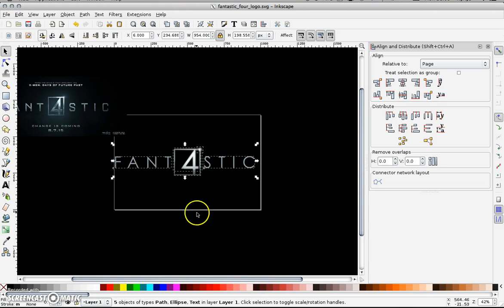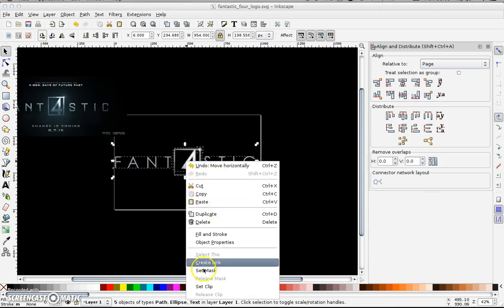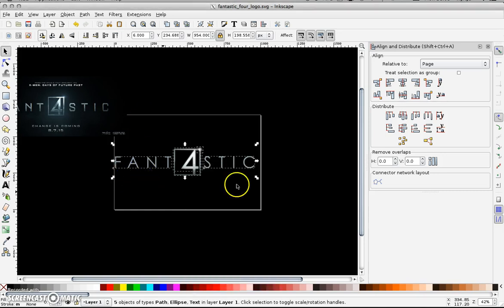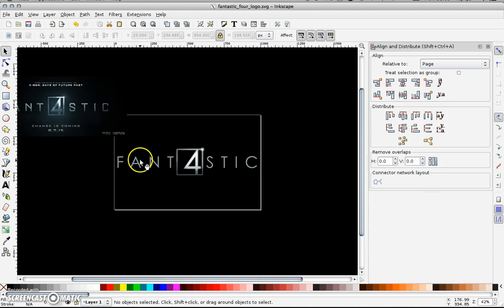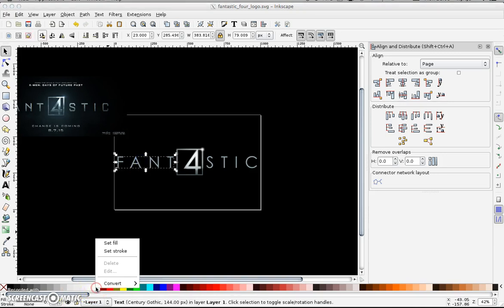That's all in place. Now if I right click and group that, or in fact if I go to object and group and now send that to the middle, that's now sat. Now I'm going to very quickly ungroup it, and I'm going to place a stroke by right clicking on the white and set a stroke on the